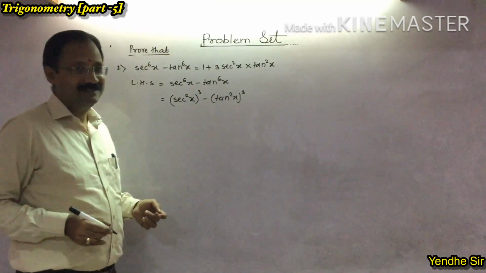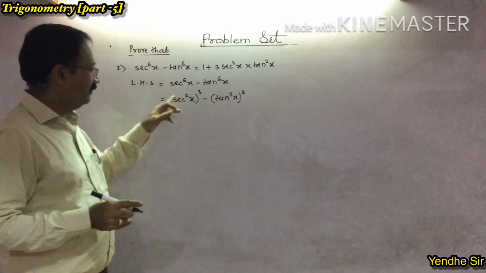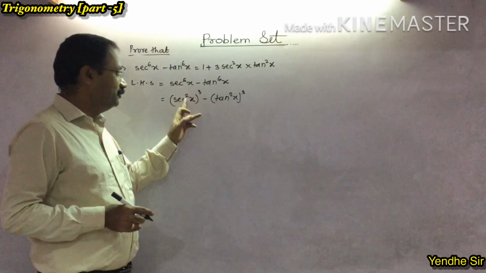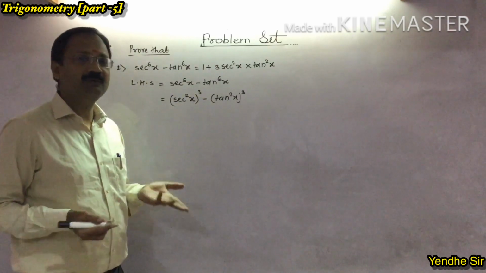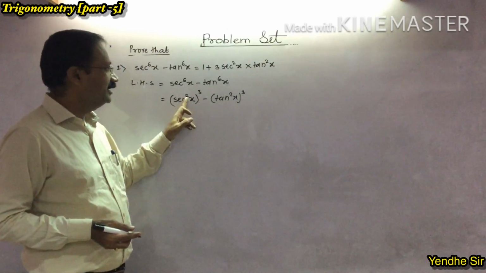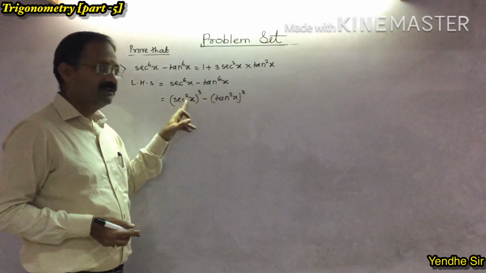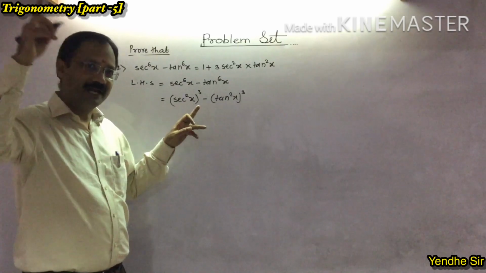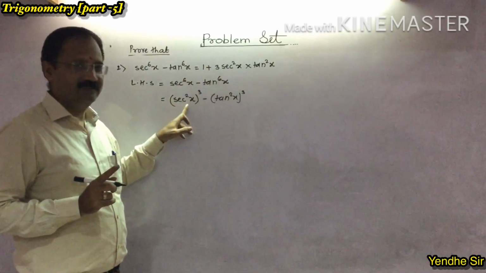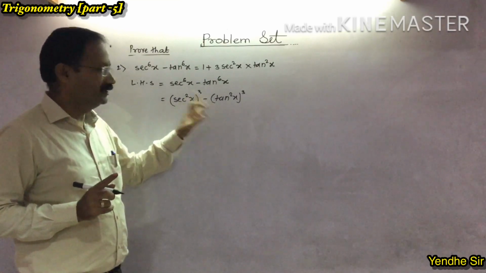Now I know that a question must have come to your mind: sir, why have you written square here and cube here? If I write cube here and square there, then what will happen? Okay, nothing will happen, but I need the square here. That's why I wrote the square first and the bracket cube after that. Whatever you need should be inside. Okay, that's why I have written it here.